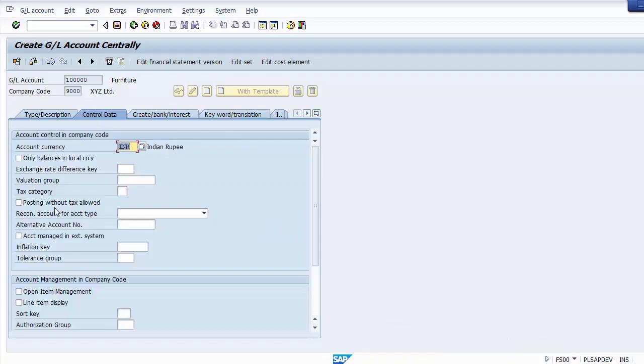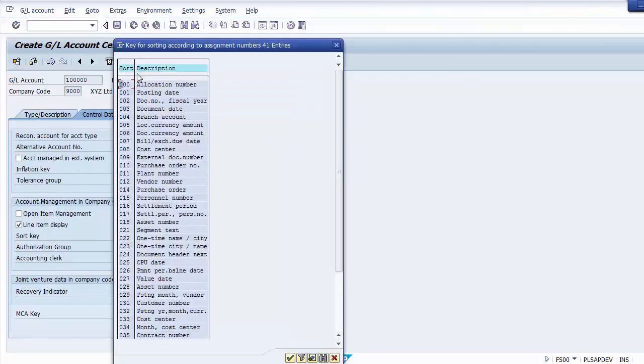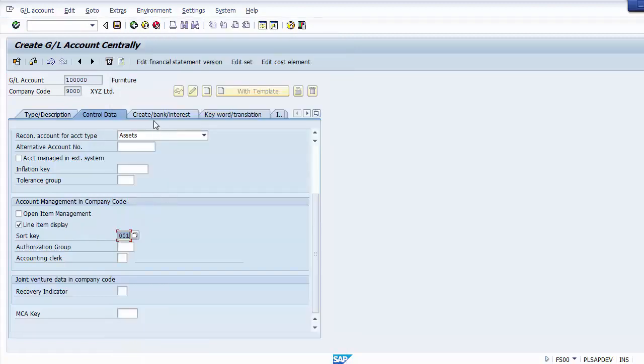So in the next tab, now we need to select, we are creating an asset. So for asset, we need to select the reconciliation account over here as assets. Then we need to move on down the line and we have to select the line item display. Now moving next, if you drag this page down, there are certain sort keys. If you want any sort key to be taken up, you can again select those sort keys from over here as well. Suppose I select the posting date,